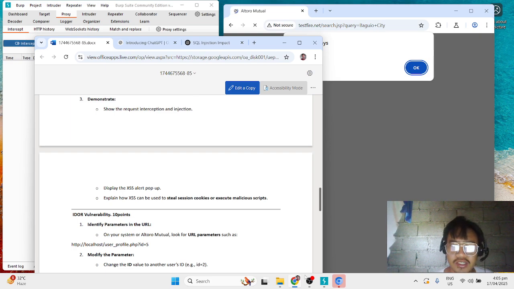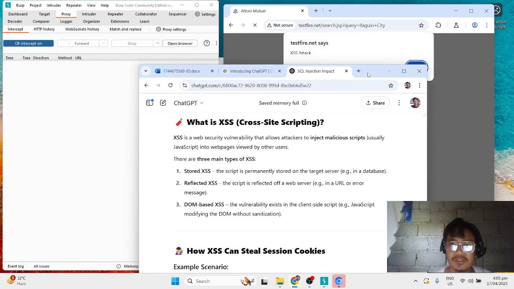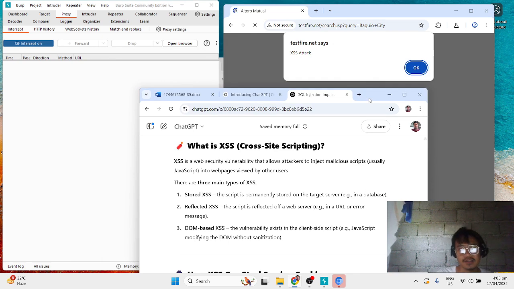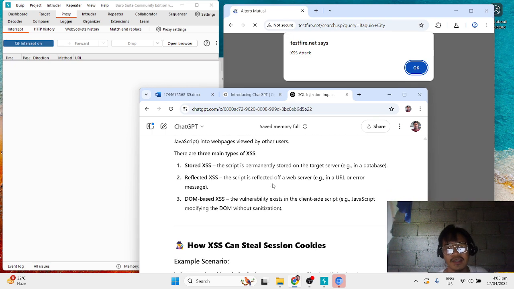So sabi ni ChatGPT kanina, so what is XSS cross-site scripting? So XSS is a web security vulnerability that allows attackers to inject malicious scripts, usually JavaScript, into web pages viewed by other users. So there are three main types of XSS.